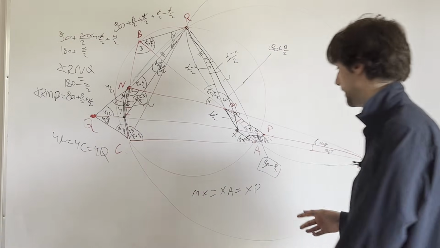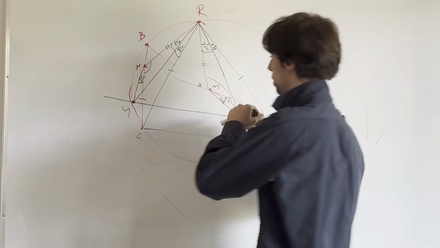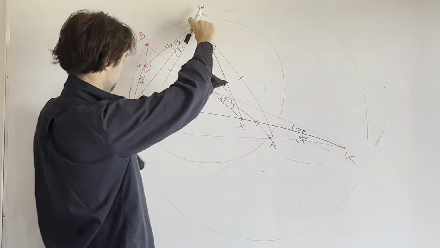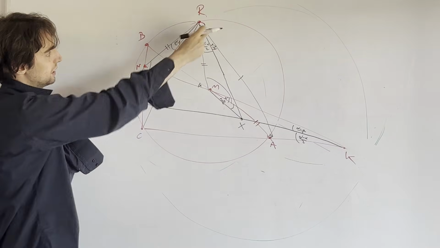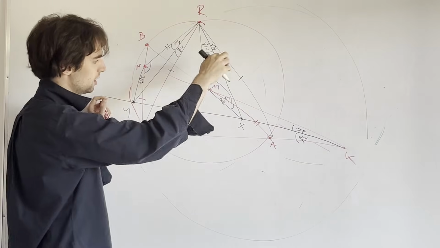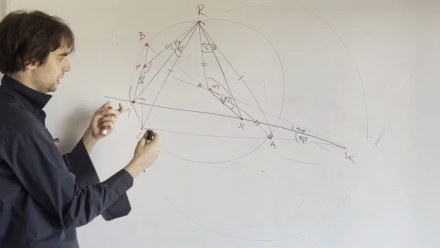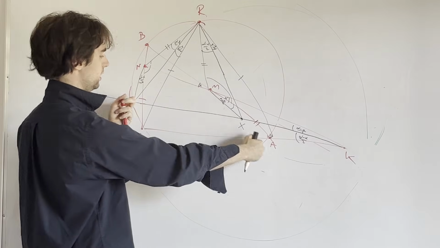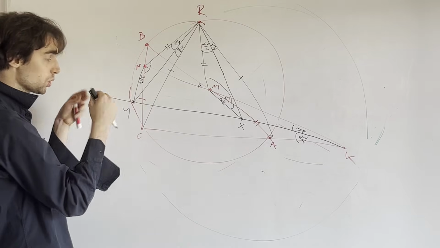What we have, once we clear the diagram, is this. So, think about it. We have RN, RM, RC, RA. This is the angle bisector where it intersects the circle around R and C and K. And the same with X. So immediately, we get that N, M are corresponding, C, A are corresponding, Y and X are immediately corresponding points,